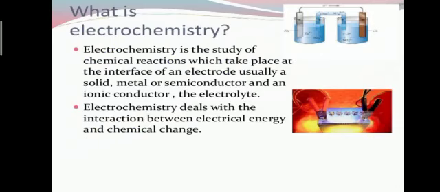Electrochemistry is the branch of chemistry which deals with the chemical changes that take place in the matter by passage of electric current and conversion of chemical energy into electrical energy and vice versa. What does it mean? It means that when chemical energy is converted into electrical energy, electricity is produced. Or when electrical energy is converted into chemical energy, some chemical changes happen. So in the production of electricity or electric current, the chemical changes that occur in the chemical reaction are called as